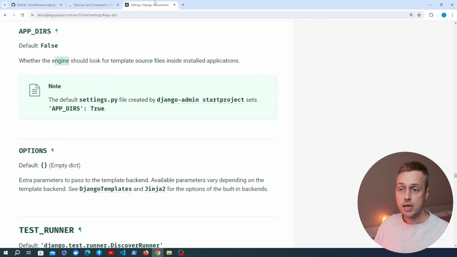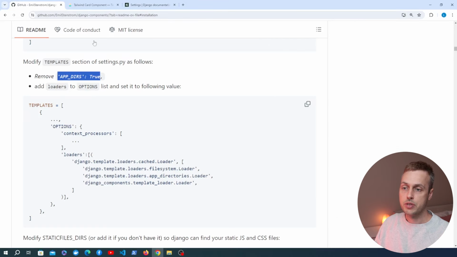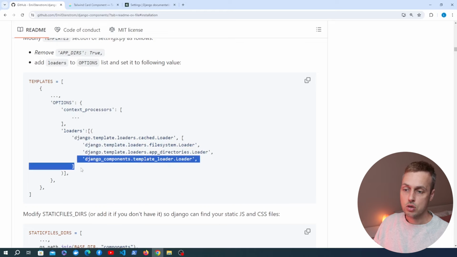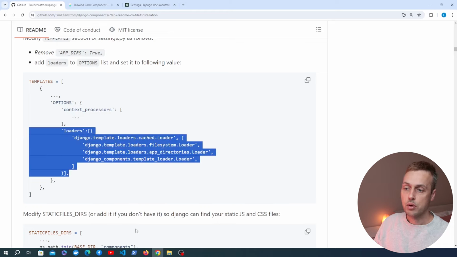If we go back to the Django documentation, this app directories template setting will determine whether the Django templating engine should look for source files inside of the installed applications. So we are removing that setting from the template setting, and what we also need to do is add the options.loaders setting. So I'm going to copy these loaders here that are defined, and we're going to add these to